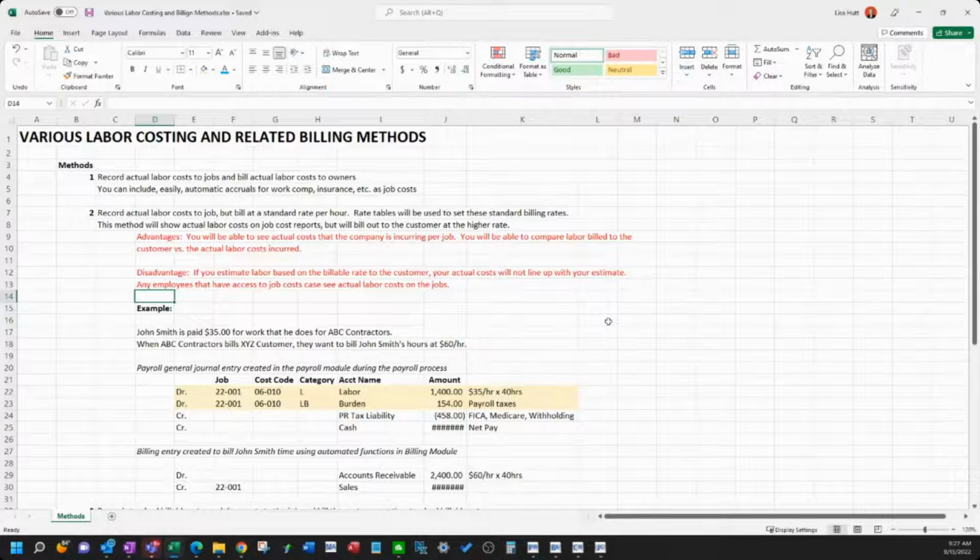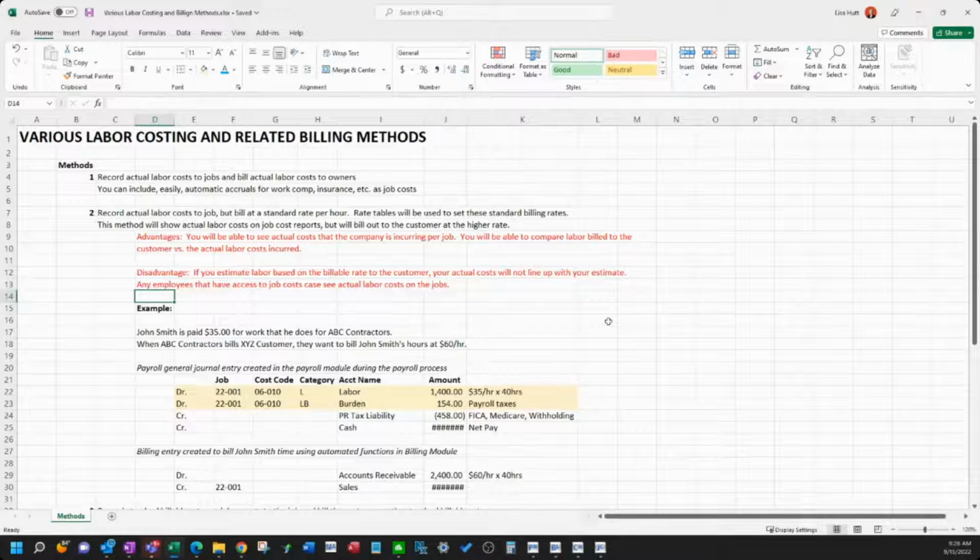That is something that Sage can handle. You just have to know how to properly set it up. And I'm going to go through the possibilities in Sage. I'm not going to go through technically how to do it. I will show you some screens, but